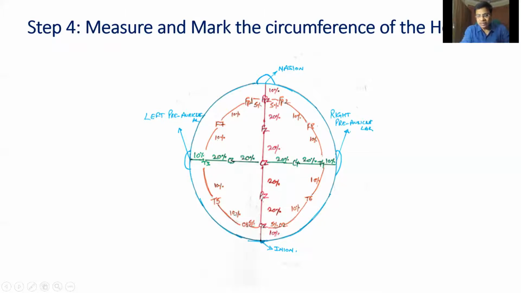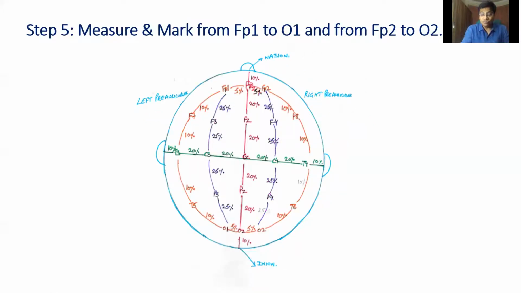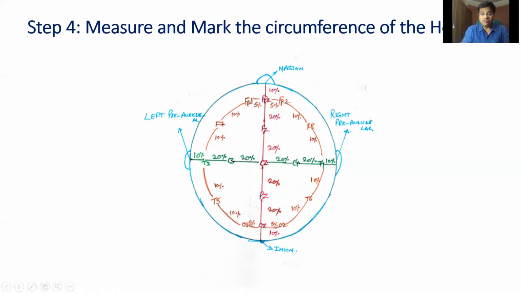So what we have done in this case, we could find O1 and O2. We already found C3 and C4, but F3 and F4 are still missing. So we have to move to the next step. We already know we have FP1, we have O1, we have FP2, we have O2, and we have C4 also. In this case also FP1, C3 and O1, FP2, C4 and O2.